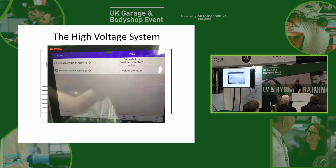The only problem with taking the power away from the contactors is when the contactors are stuck on. And this is why it's quite important, especially for vehicles that don't have that physical link in the battery that you're pulling out. If it's got one of those little green things under the bonnet, then it's really important to make sure that you check that your high voltage has disappeared in order to make sure that vehicle is safe. Now, this is an interesting thing, a welded contactor,